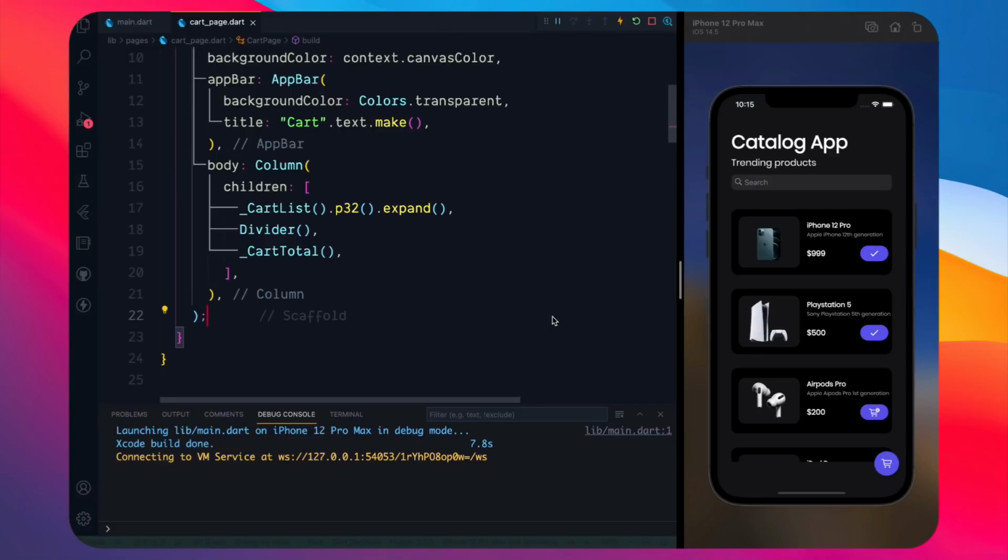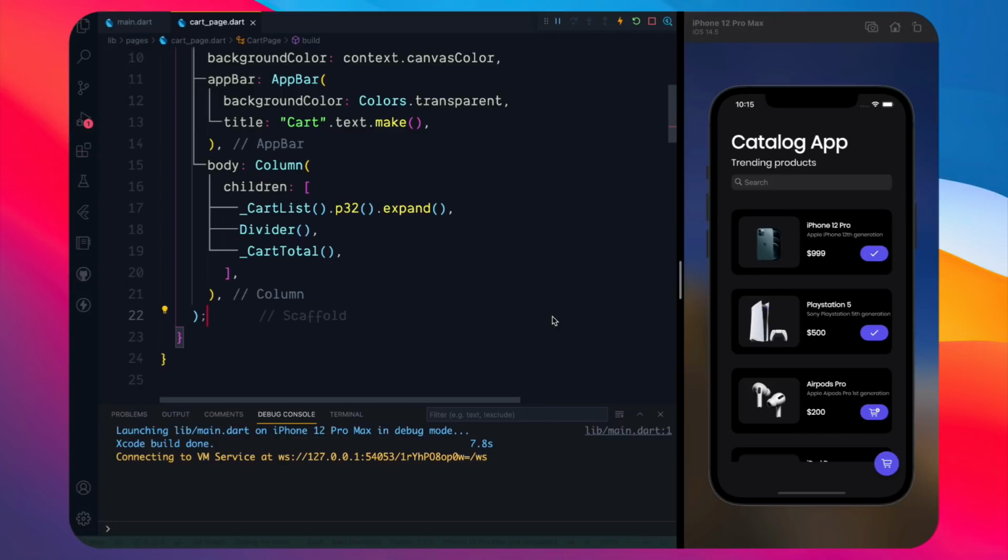Hey, what's up guys? Welcome back to another tutorial, and this is going to be a very special tutorial because of the announcement of Flutter 2.2. So we are going to talk about this catalog app which we have created in the Master Flutter course, but now we are going to integrate two important things. One is Google Pay and second is Apple Pay.